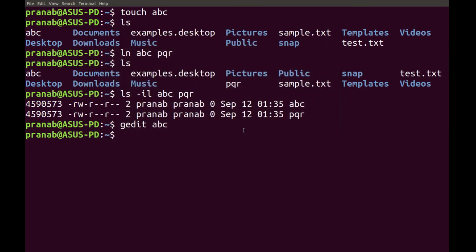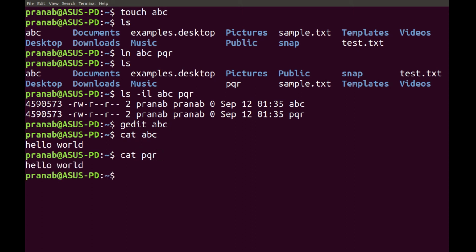If you remember, I did not write anything in the file pqr, I only wrote hello world in abc. Now let me see what is there in abc. Hello world. Now what is there in pqr? I did not write anything, I have just created a hard link. I see the same thing is there. So let us now change the content of pqr.